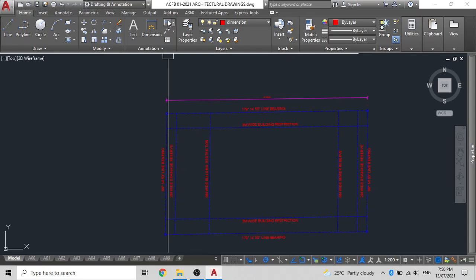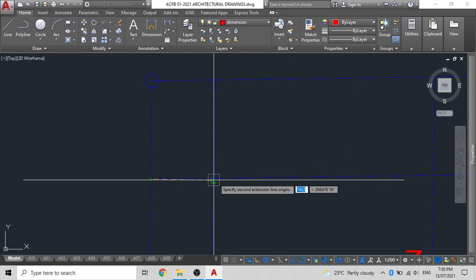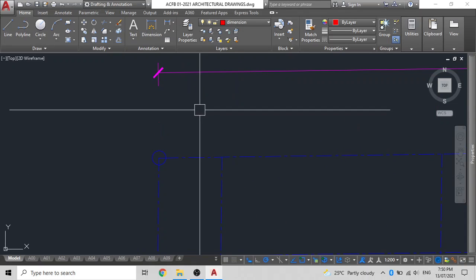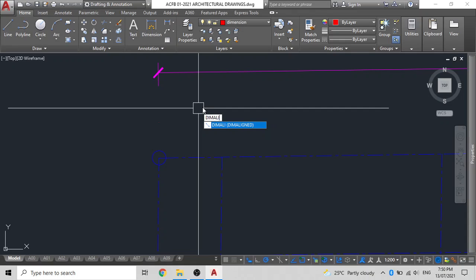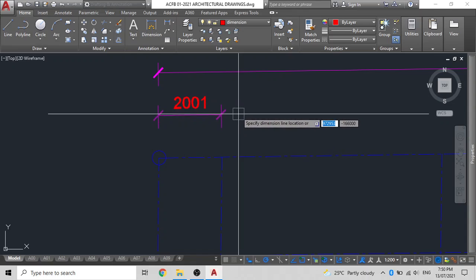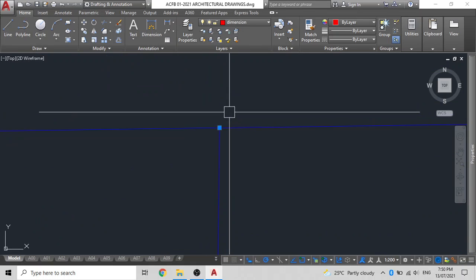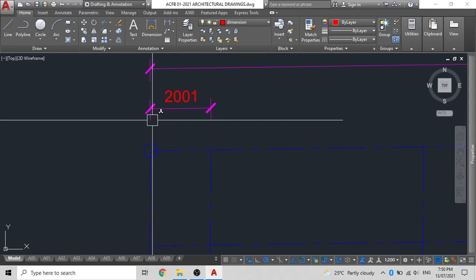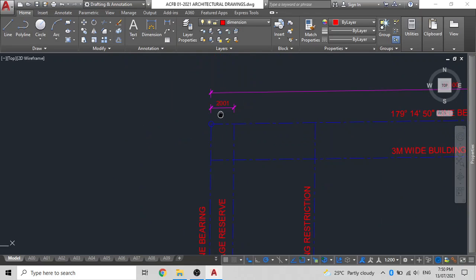dimensions. So when you're on one side, just try to complete all the dimensions. This is the 2 meter reserve. As you can see that the align dimensions is off. So again, DIMALI, DIMALI, and press enter. And there you go. It's out by a millimeter, so you'll have to adjust your dimension somewhere,